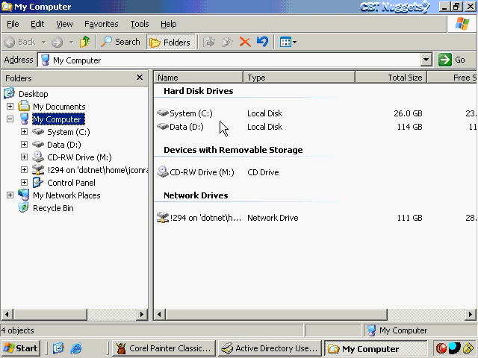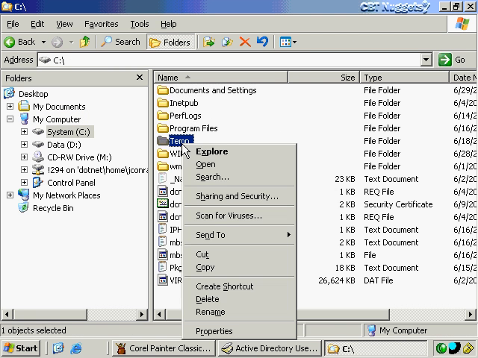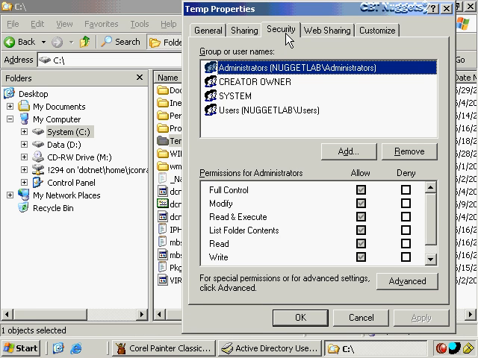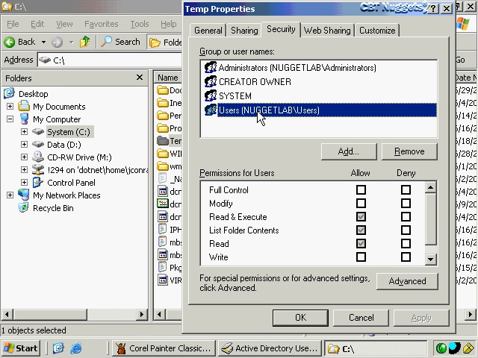So let's take a look at an example, and we're not going to get too much into file permissions right now, but I do want to go to the properties of just any old folder here. And I'll go to the security tab, and we see, for example, that we have administrators, creator owners, system, users. I have to be a member of one of these groups in order to access this specific folder. And if I'm just a generic user, then I see that I only have read and execute, list folder contents, and read access. So I could not, for example, add additional files to it or make changes to this particular